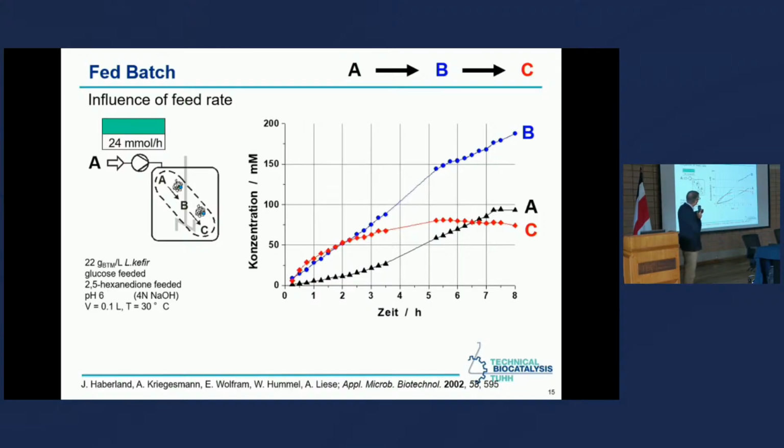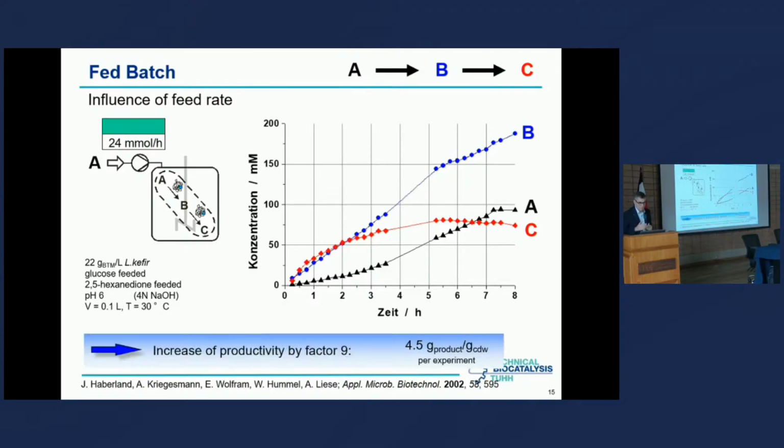Somehow, we're mainly producing B, the intermediate. That is strange, because the batch reaction looked so ideal, so nice. What could be the problem? So we have the constant concentration of our whole cells. We have a feed rate given here. And now the question is, what could be